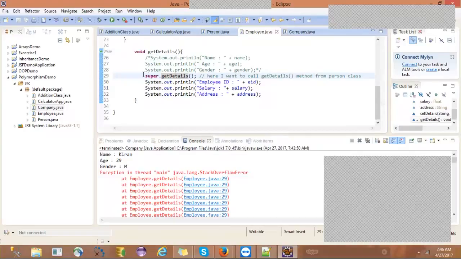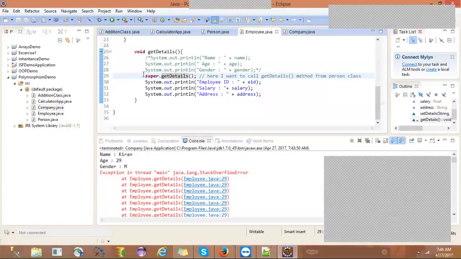Now the super keyword. We have several modifiers, 11 modifiers in the Java language. Among that, one modifier is super modifier. Super modifier resolves the name conflict between superclass and subclass.